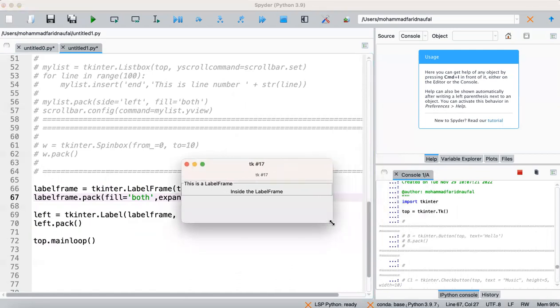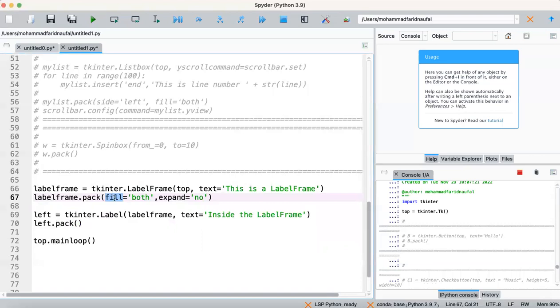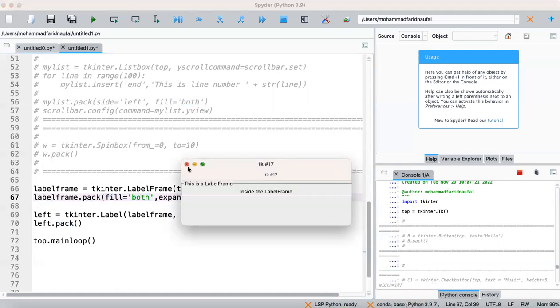We can try it with other parameters, because we will discuss the pack function on the last slide. So we will try other arguments there. For now we can just use both for the fill and expand equal no.